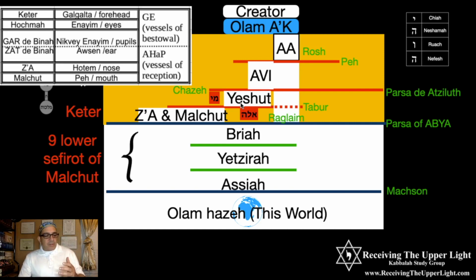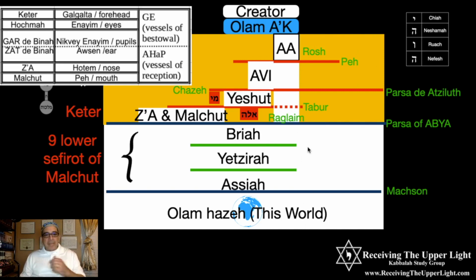And it is for this reason that we see that the word mi, bara, ele, who created this, is not a question, right? But an action. Mi means galgalta enaim, which means bara, and ele is basically the hab. Okay, who created basically these lower ones? So imagine that this here is also bara, and this is ele down here, because everything repeats itself. Just as we have mi, ele in here, you're going to have that this is also mi, and this is ele